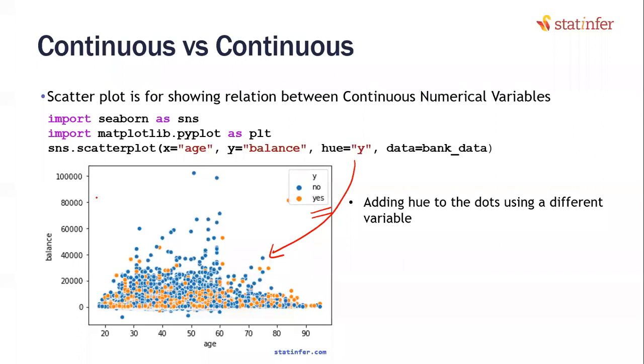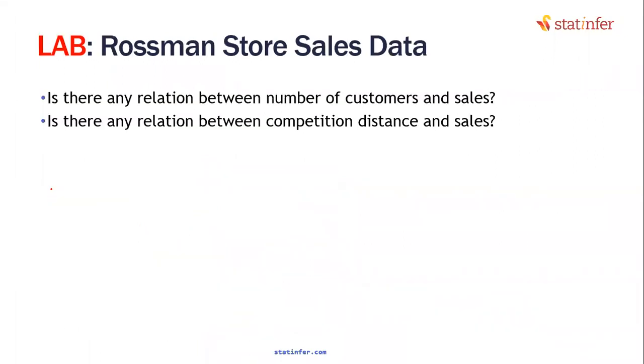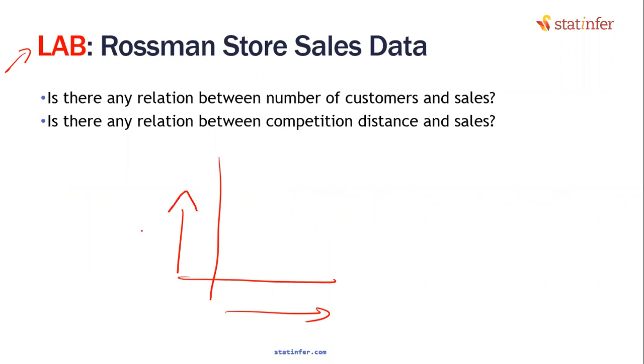Now you will anyway go back to the code and execute this. But before you go there, try to understand the question that I'm asking here on the original Rossmann sales data. Is there any relationship between the number of customers and the sales? As the customers increase per day, do you think sales increases? Or customers are just coming but not buying anything, and sales is not at all related to that? Okay, that is my first question.